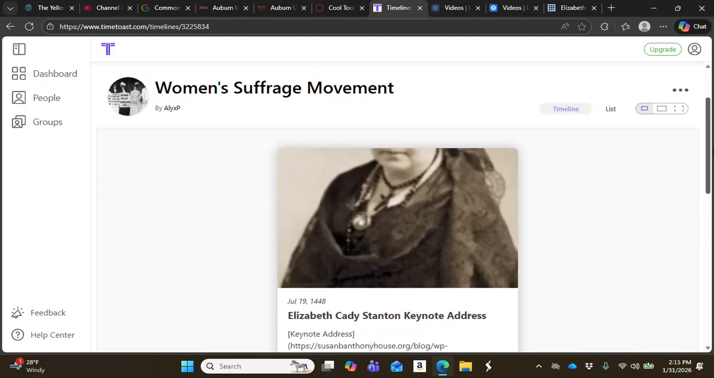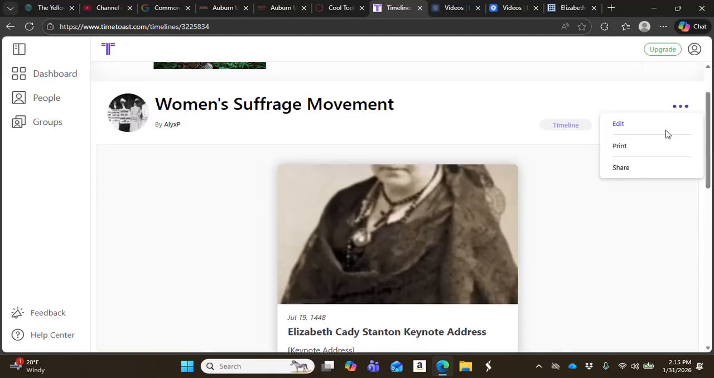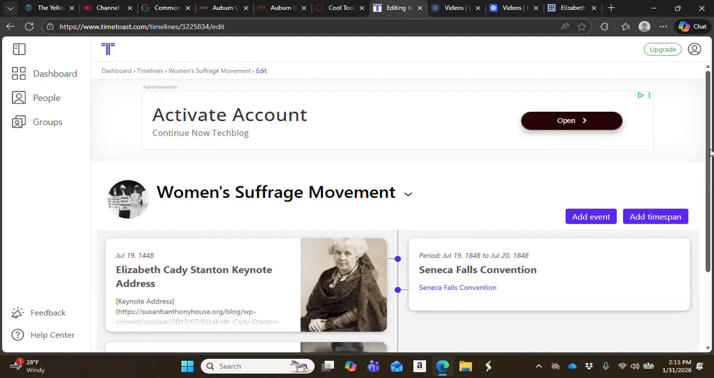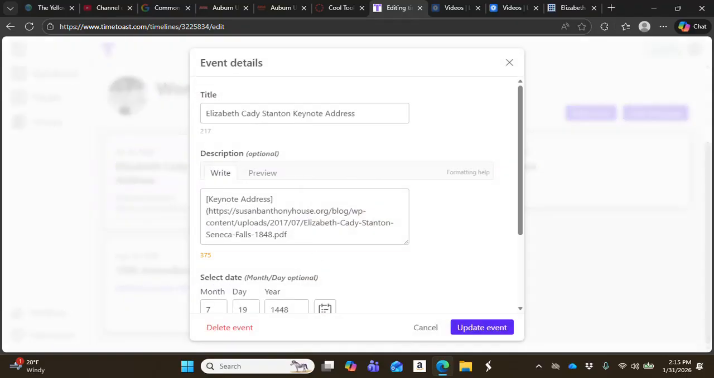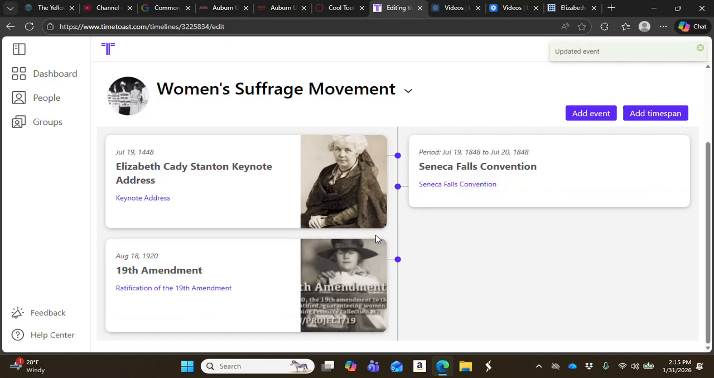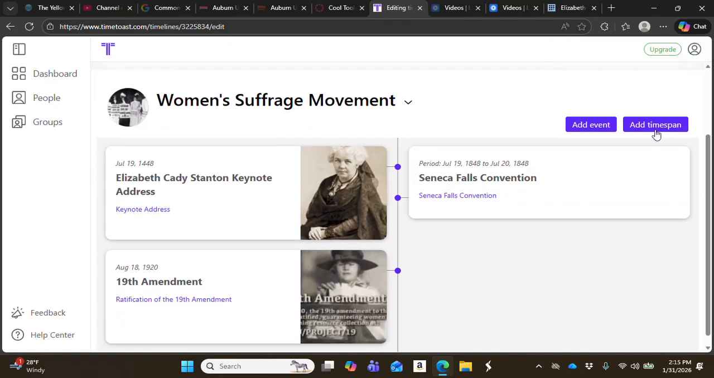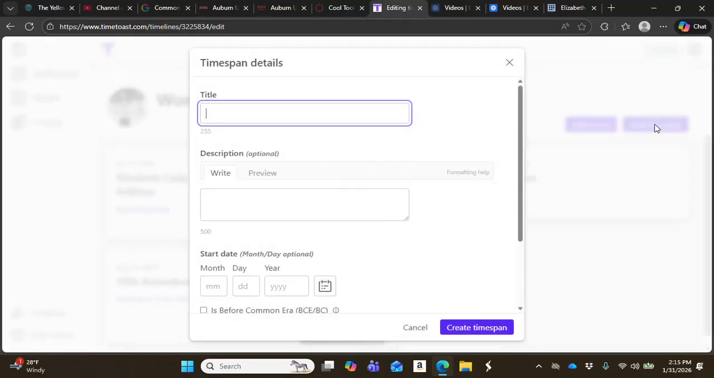So I'm going to get out of this, go back into editing, and fix this link. You see how it looks different than the others? Let's fix this one. All we need to do is close our parentheses, update the event, and now the link works just perfectly. I'm going to add one more time span, and then I will show you how to submit